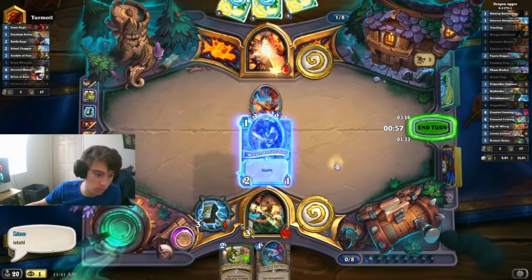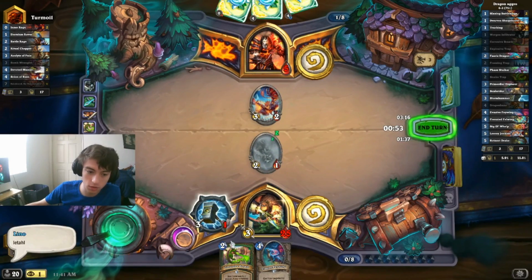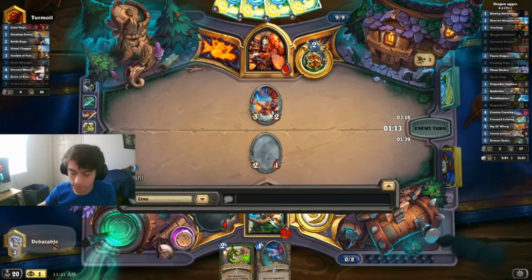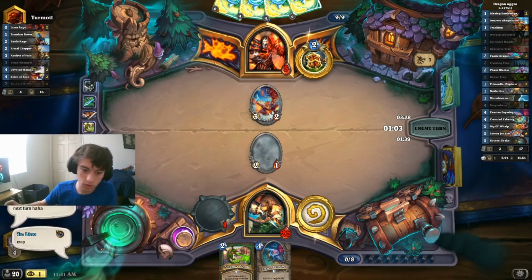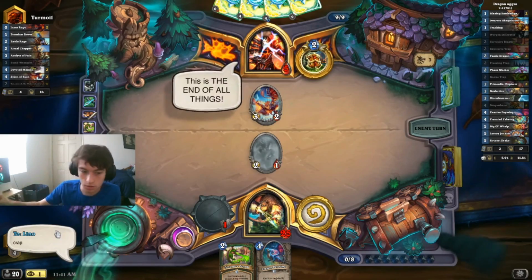Shoot. Play Worgen Infiltrator. I'm stupid, that was lethal. 1, 2, 3, 4, 5, 6, 7, 8, 9, 10, 11. Yeah. I didn't need to target that. I was thinking that he was going to gain... Oh my gosh, I'm so bad. Dude, if I lose the game now, I'm going to be so sad. I did not need to...